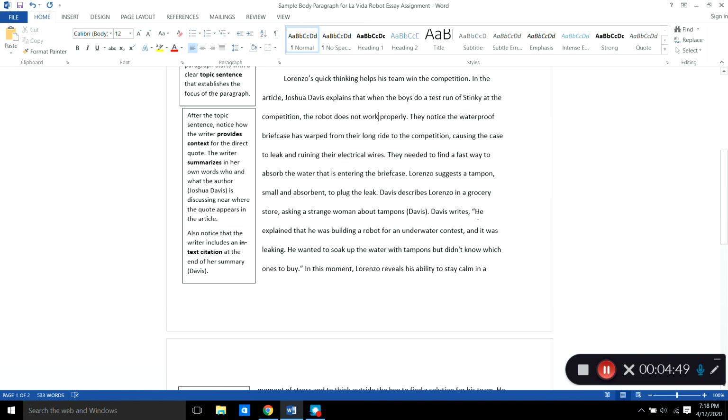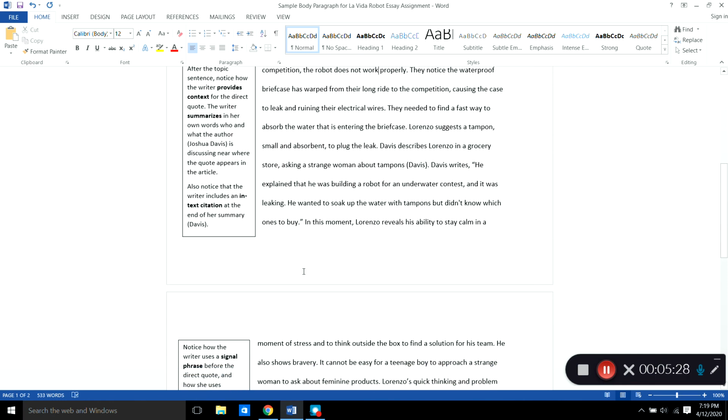Okay. I also want you to notice this. The capital H in "he" at the beginning of the quote is capitalized, and that's because when you have a direct quote, the first letter of the first word is treated like the beginning of a new sentence. So you want to have a capital letter for the first letter of the first word, just like you would at the beginning of a new sentence, okay? And then notice down here that the punctuation mark, the period, comes inside the quotation mark, all right? You'll also notice that there's no in-text citation after the quote. Again, that's because there's no page numbers. You have let the readers know that Davis is the author of this quote with your signal phrase, so you don't need an in-text citation because it's an online article, all right?